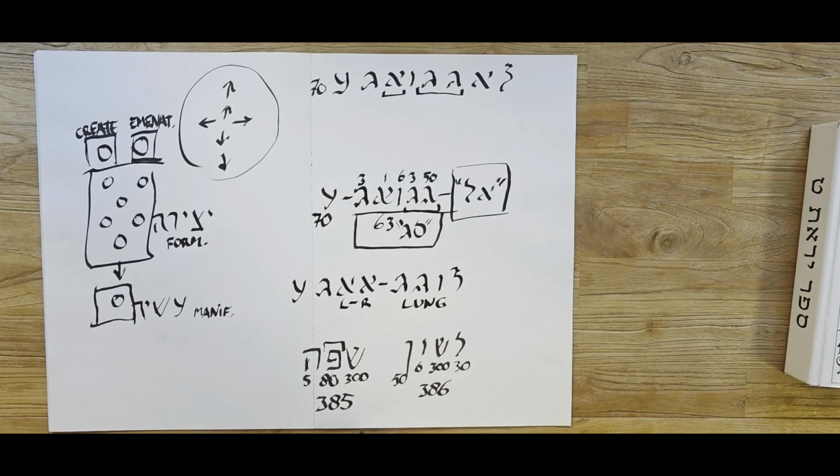When the voices of the serpent become silenced because of the choices you make. So the language itself, there's nothing wrong with it. 385, and I will reveal to you, is the same value as